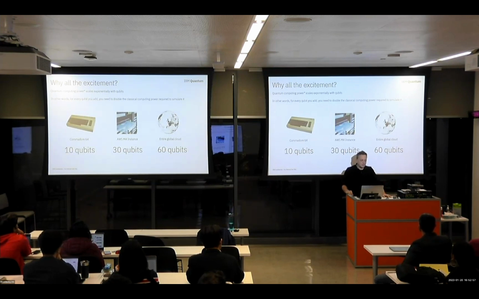You get to 30 qubits, you'll need an AWS M4 instance in order to simulate that. That's a fairly hefty piece of hardware. Once you get up to 48 qubits, there isn't a supercomputer on the planet that can actually simulate 48 qubits properly. And once you get up to 60 qubits, this is completely in science fiction. But if you could somehow contrive to connect every computer on the planet together and then somehow meld all of their RAM together into one machine and then run a simulation, you could simulate 60 qubits. So that's the reason that people are excited about this technology. The potential is there.